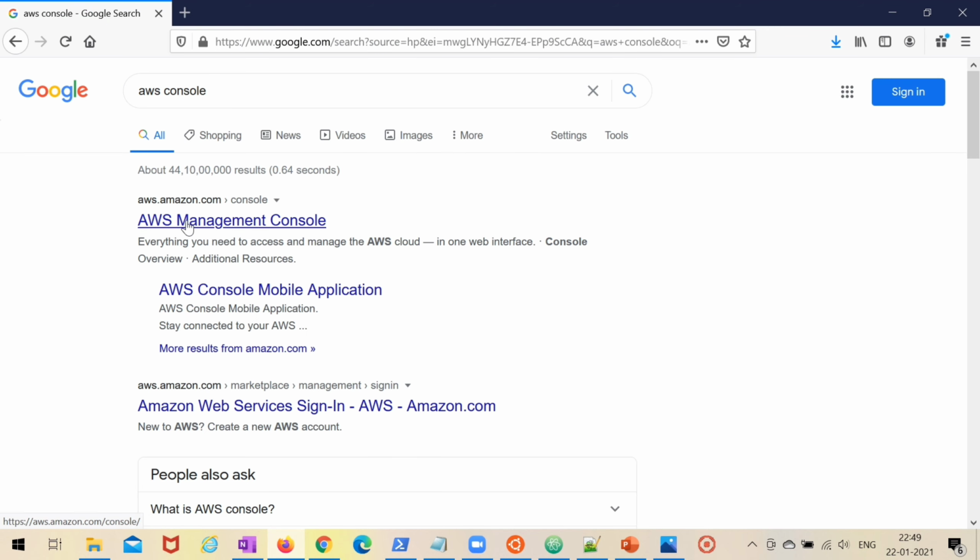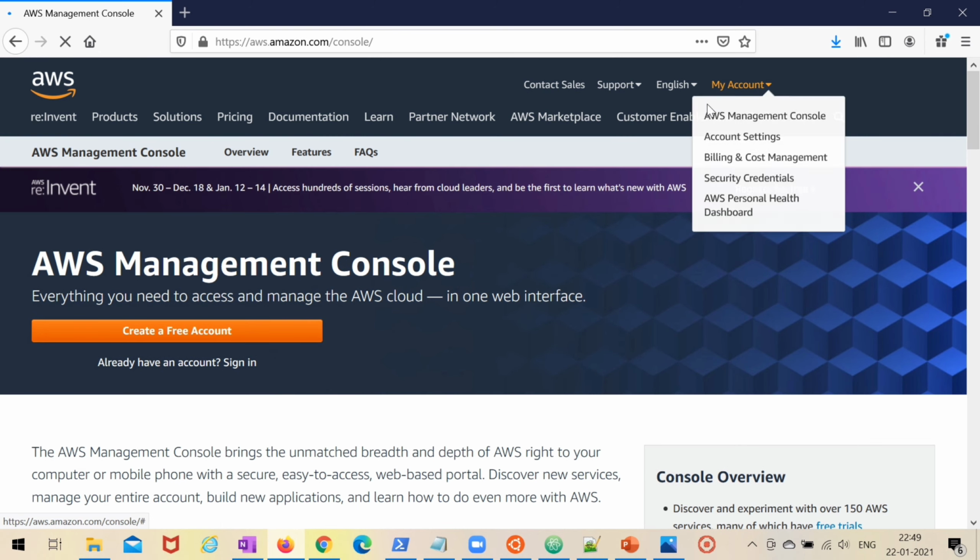So we need to go inside the AWS console. Open the browser and click on AWS Management Console. Then click on My Account. There we see AWS Management Console. You need to click on that. Once we click on that,